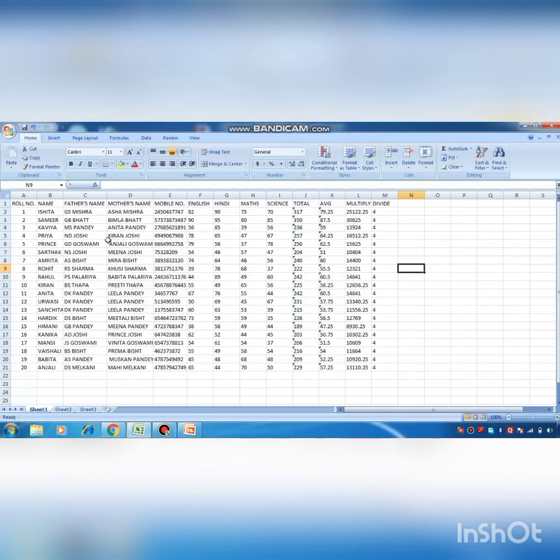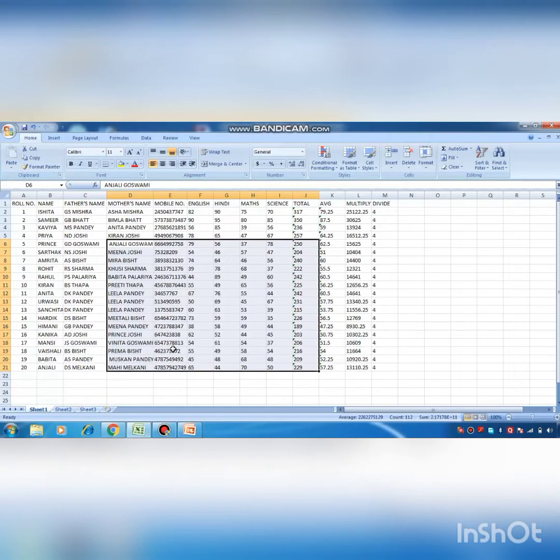If I want to select a range, I click the first cell where the range is to start. Suppose I want to select the range from here, then I press and hold the left mouse button and drag it diagonally to the last cell of the range, like this. If I want to select from here to here, I can click and select the data like this. Hope you understand how to select a range in the worksheet.